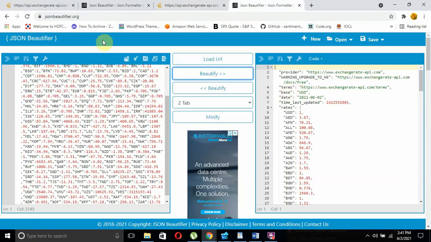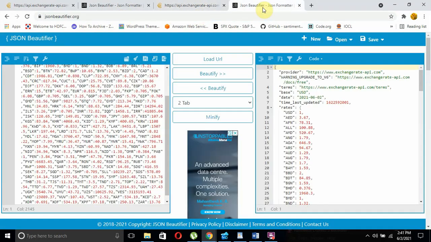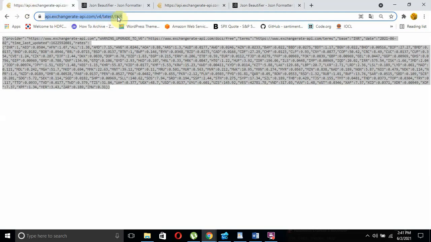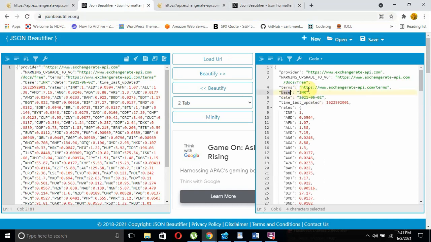Since I have given USD, I am getting the base as USD here. If I give INR, then I will get the base as INR. So this column eventually gives what the base currency is. That's why it's better to take the base column value from there.